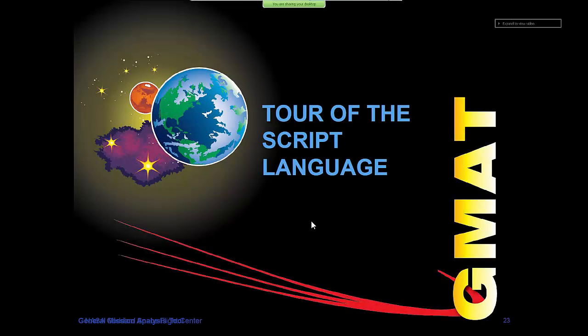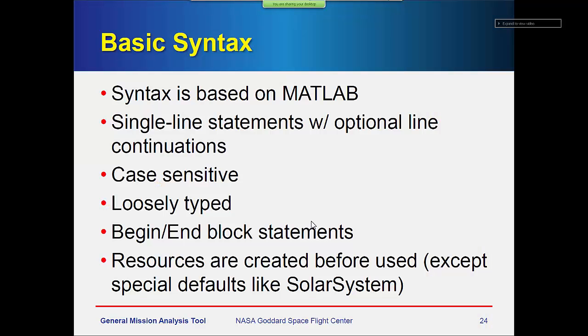All right, so we'll just get to the script language at this point. That was sort of an overview of how the GUI works and how you can use it. The next section talks about the flexibility and the definition of the scripting interface. So the scripting is based on MATLAB or Octave if you're familiar with Octave. They both use, so not exactly the same, but you'll be familiar with GMAT scripting if you're familiar with MATLAB